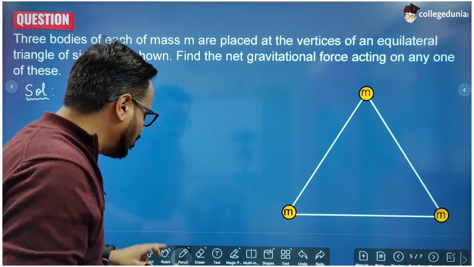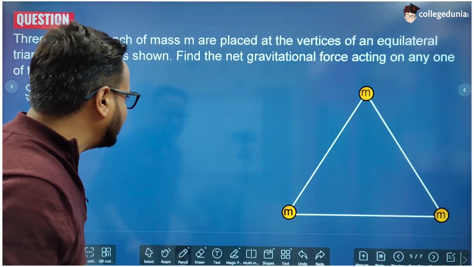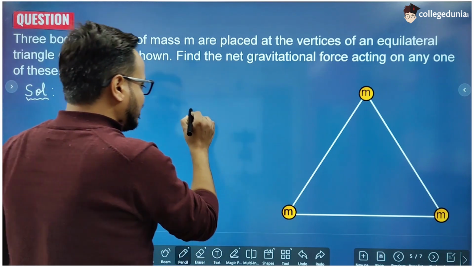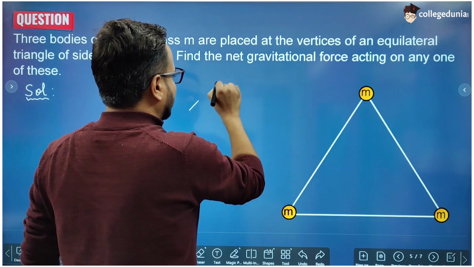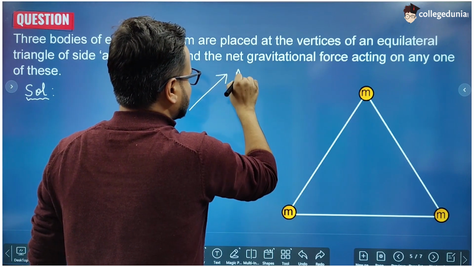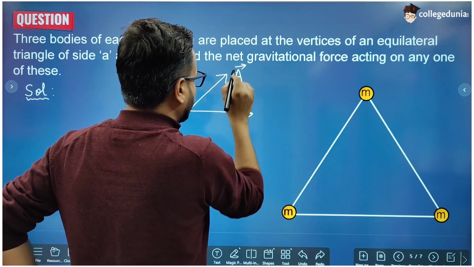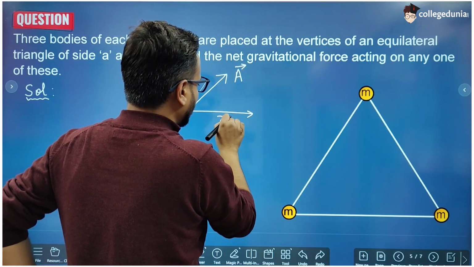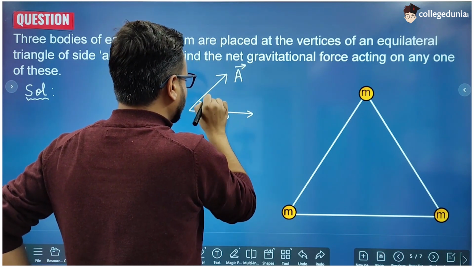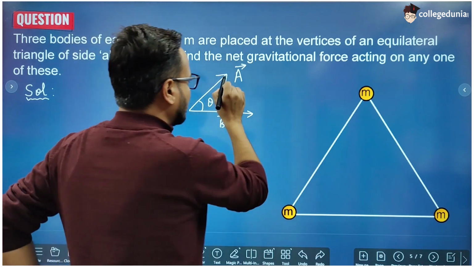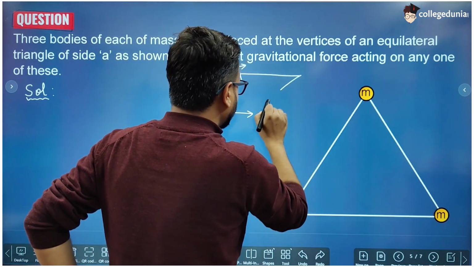But what's that? Let's not make things complicated. When there are two vectors, you have studied this formula in the chapter vectors. So there are two vectors A and B, and the angle between A and B is theta. So the resultant of